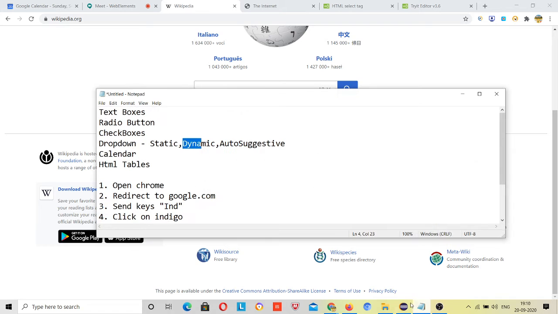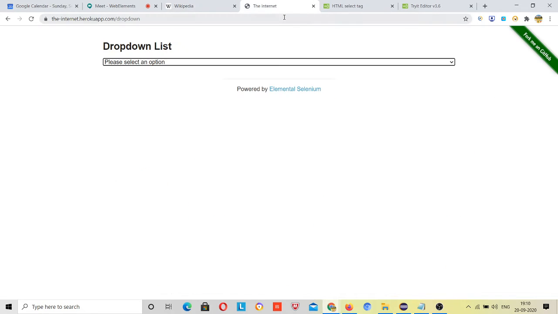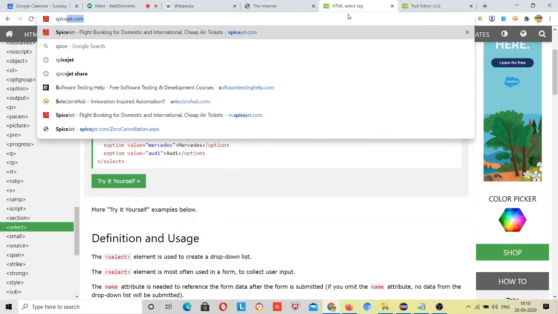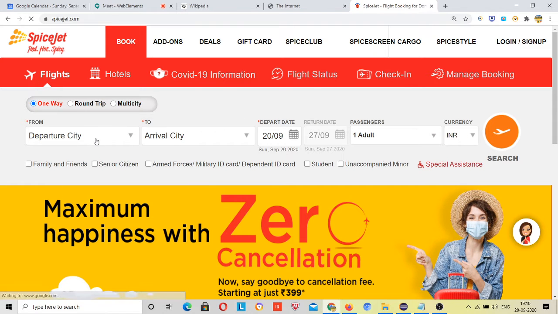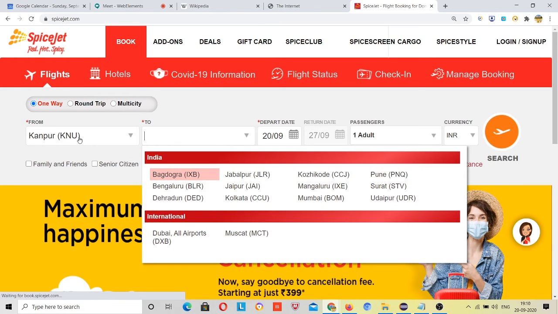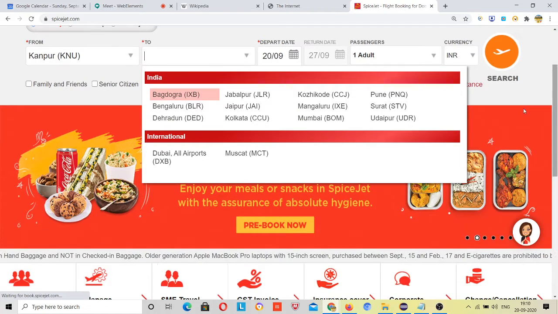And what about the dynamic drop down? If I go to, suppose, spicejet.com, if I want to book a flight and I type Kanpur, see, once I have the from value as Kanpur, then this many flights are present from Kanpur to other places, right?